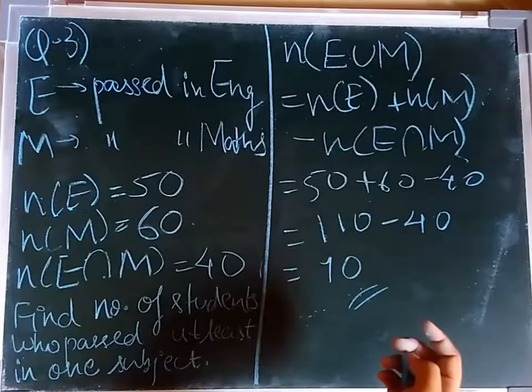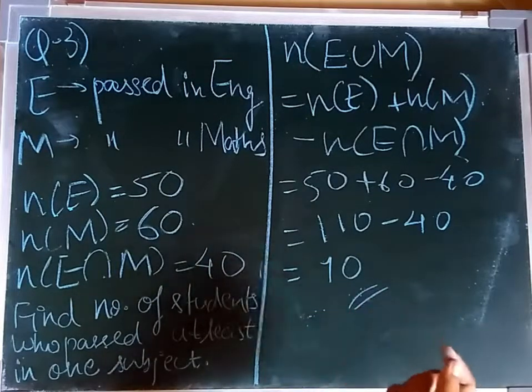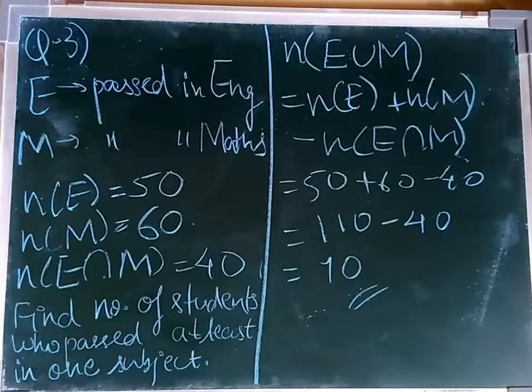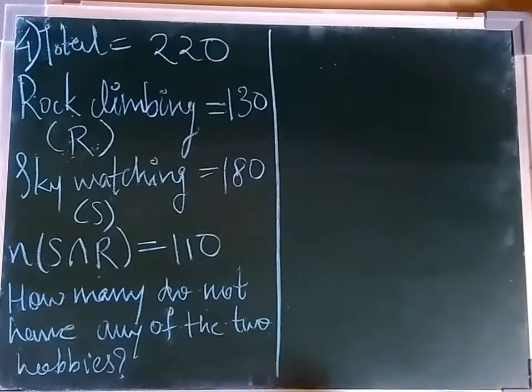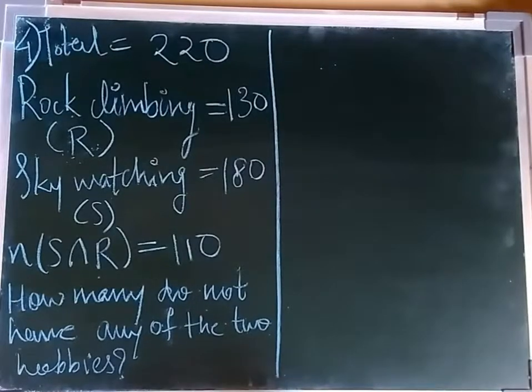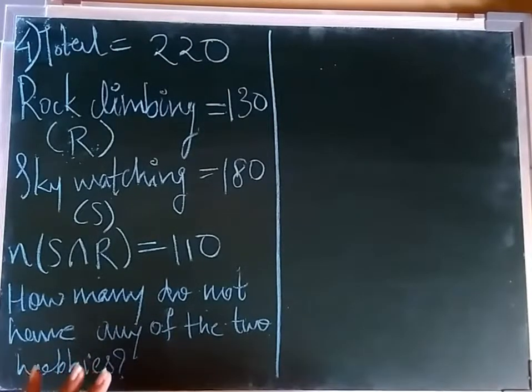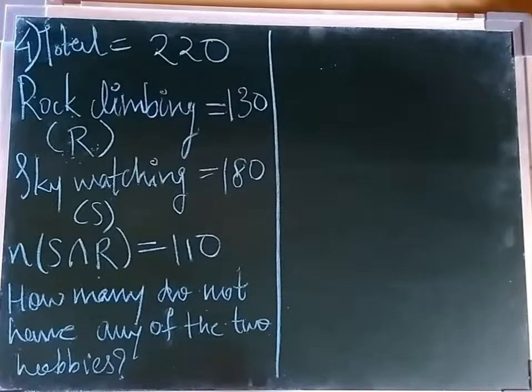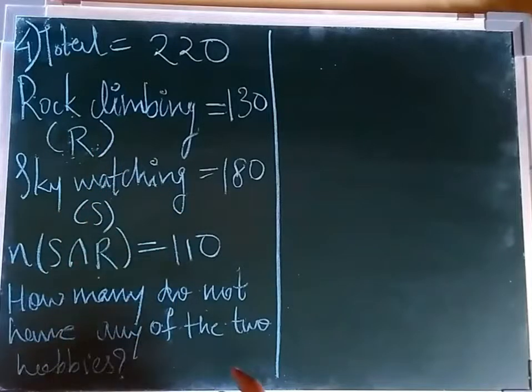Okay. Now let's do the next question. Question number 4. In question number 4, they have given that there are a total of 220 students and a survey is conducted, and they are students of class 9th, and they have tried to know the hobby of the students. Okay, so there are 220 students of whom the survey is conducted, and survey is regarding 2 types of